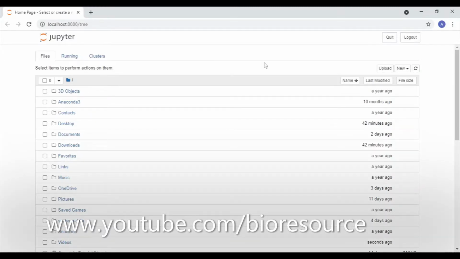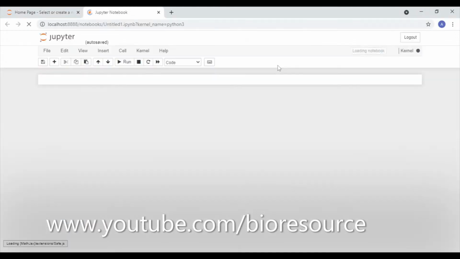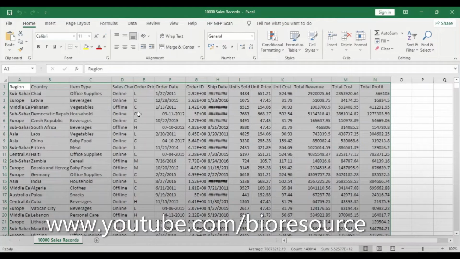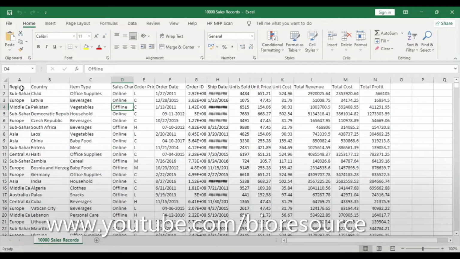Today let's see how to analyze the data, filter, sort, group and get meaningful data using Python. So to do that we have to open Jupyter Notebook, Python 3 and you can start coding in this. With few lines of code we can analyze the data, get meaningful insights of the data. So I have here sales data. This is in Excel. So I will just show you how this data is analyzed in Excel.